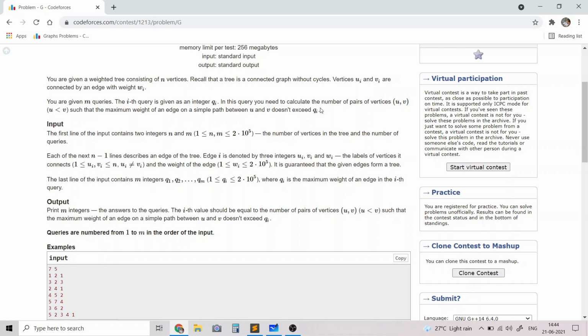So if you create a new graph where every edge has a weight less than or equal to qi, then in that new graph, you need to have u and v in the same connected component. That's the key idea which we'll use to answer each of the queries.